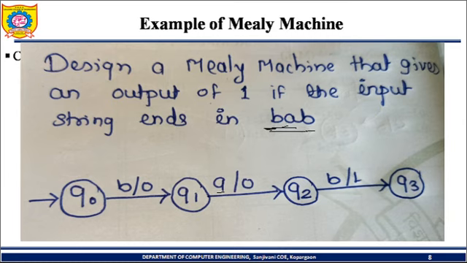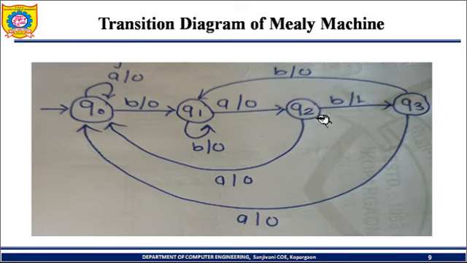Now we need to show all the inputs for all the states. So here you can see the total design of the Mealy machine. Q0, before BAB, any combination of A and B, n number of A and B, can occur. For n number of A's it will stay in the same state, but the output is 0 because it does not end with BAB. So the output is always 0 for first A, second A, third A, fourth A. Now we are in Q1. If it has B here, it is still possible to form the string BAB from here. That's why we have shown it in the same state, but previously we had BB or ABB, so the output is 0.